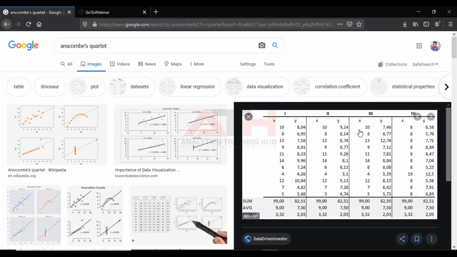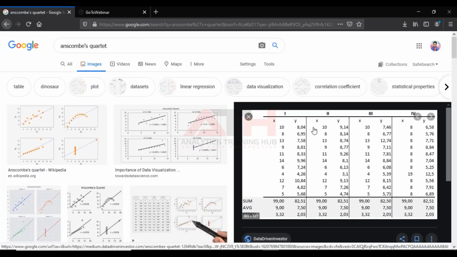If you can see my screen, you can see that the descriptive statistics that we get through this data set, X and Y coordinates, are almost the same. So if you see, the sum is 99 for all, and again 82.5 for the y-axis, and again the averages and the standard deviations.